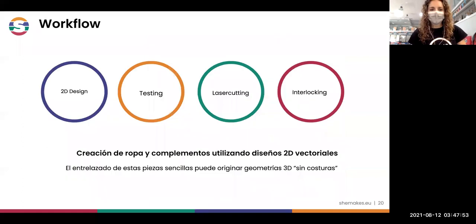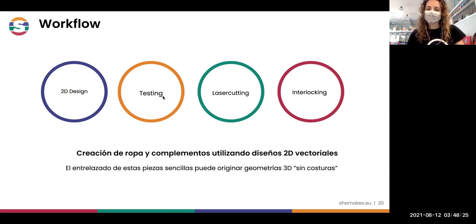Okay, so the workflow for this workshop will be you have to start designing it in 2D, but first, before designing it in a computer, you can try to design it manually with rulers and with paper and with pencils, and try to interlock them and check that they are working.